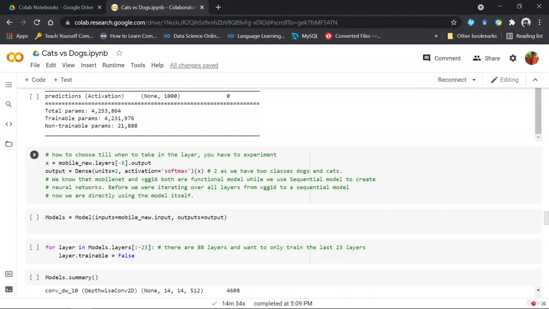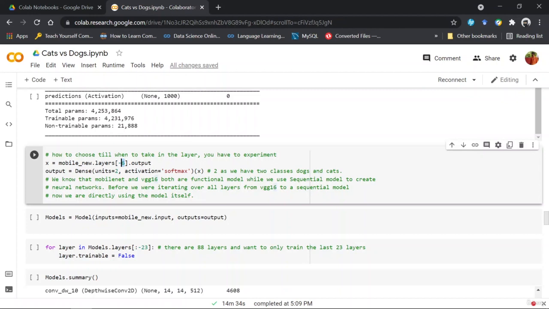You can see that I have taken the last six. Here I have written how to choose till when to take the layers, so you change the values here. The number of layers that I'm taking is different. Then I use my output layer after taking the rest of the layers.